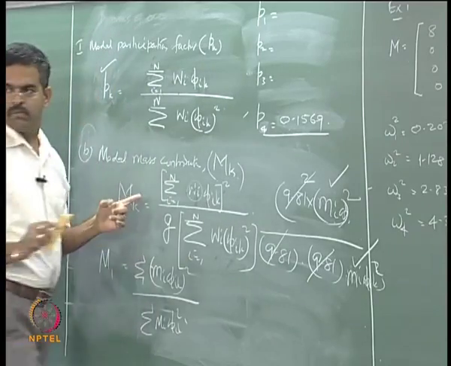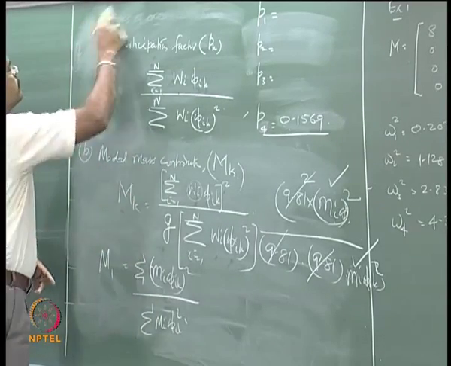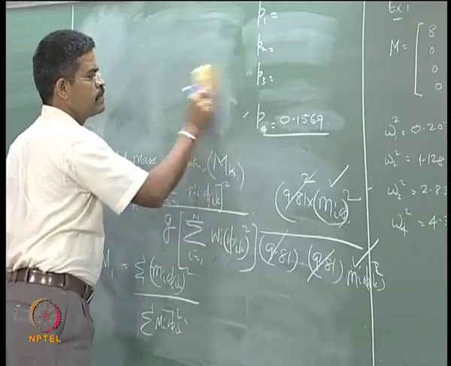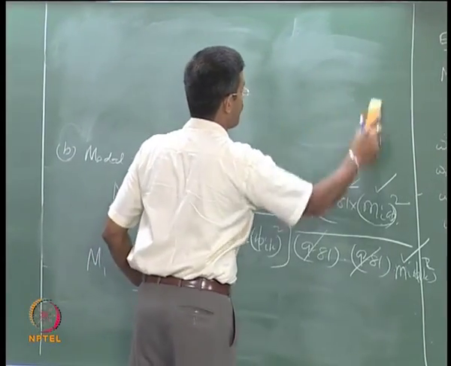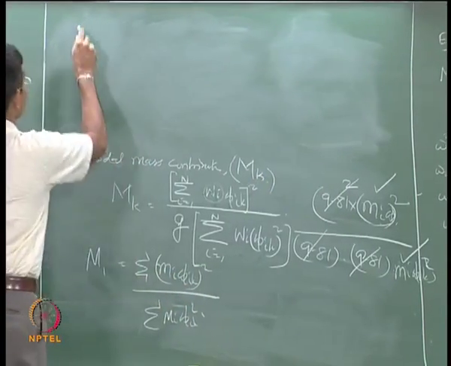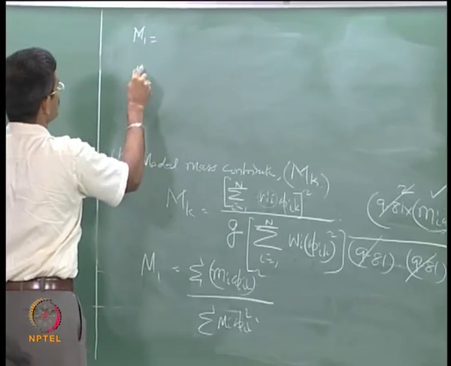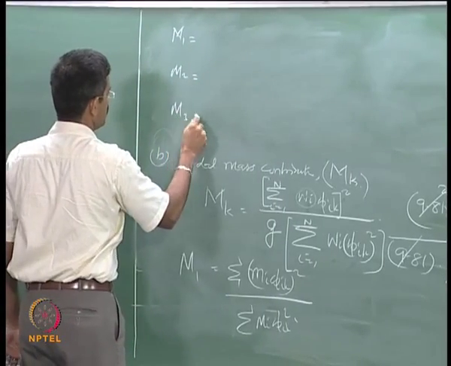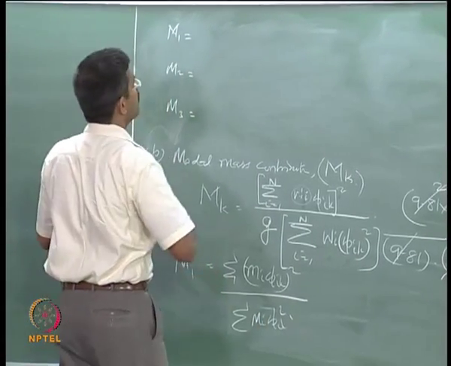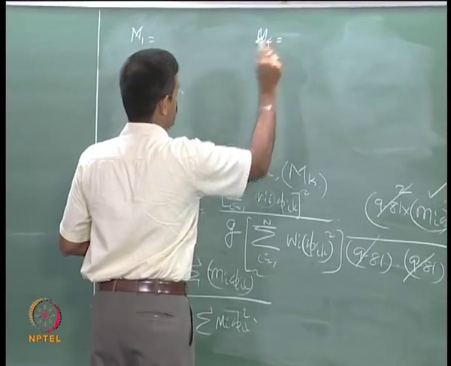Is this clear? So, I can find m1, m2, m3 and m4 as